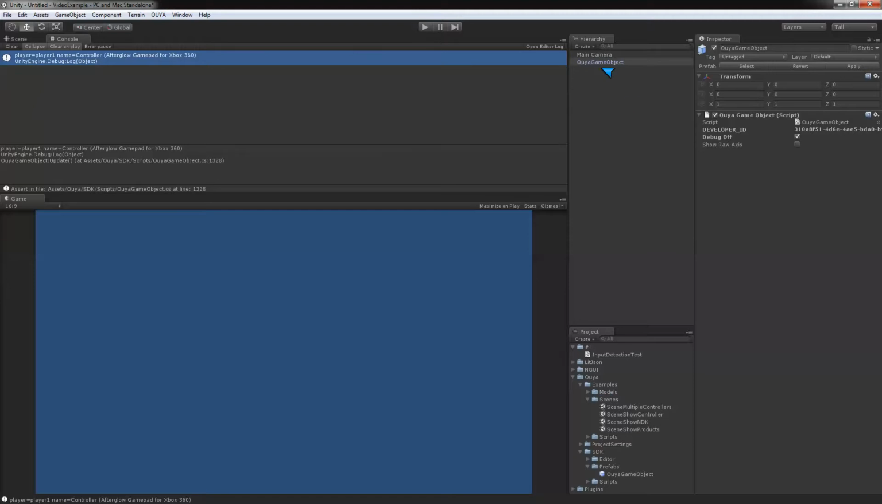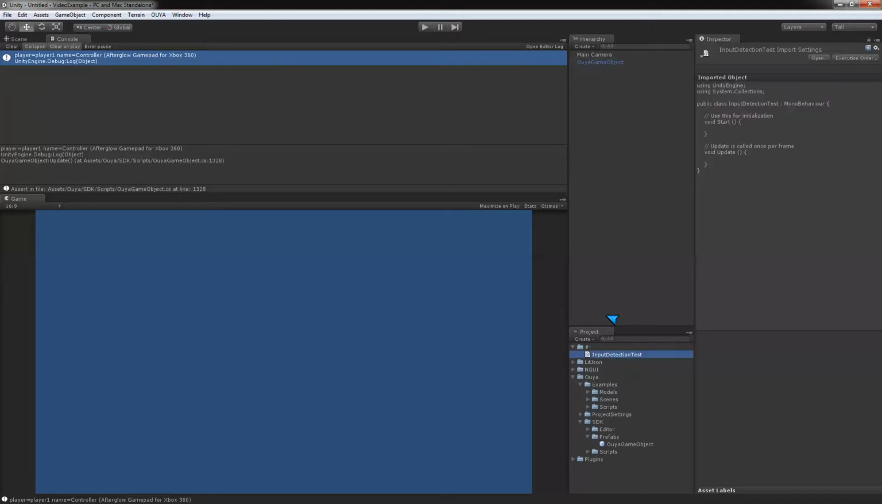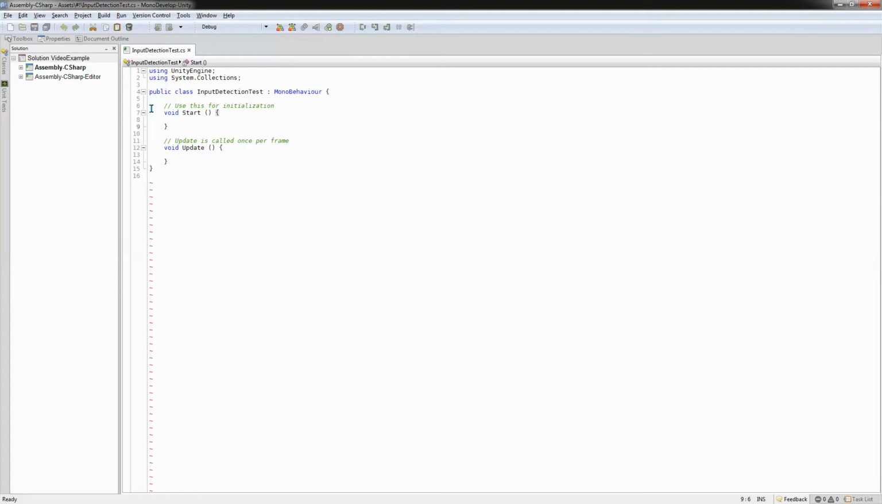So now that we have our game object in the scene, I want to open up our project. I'm just going to do this in MonoDevelop. I usually use Visual Studio, but I don't have all my handy tools to get that started. Okay, so what I'm going to do